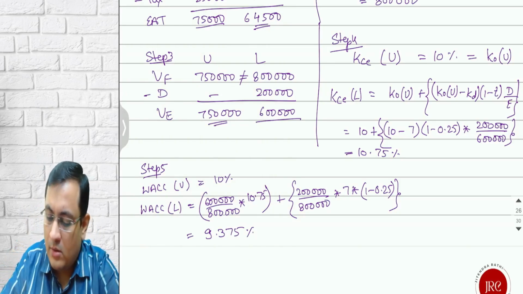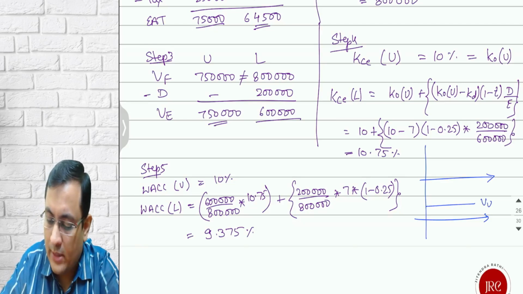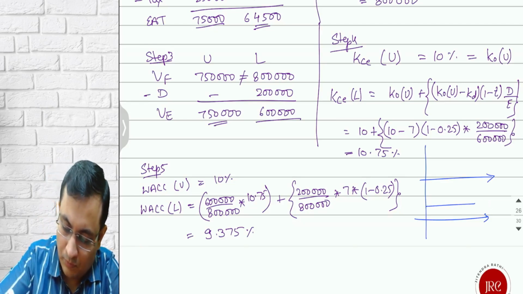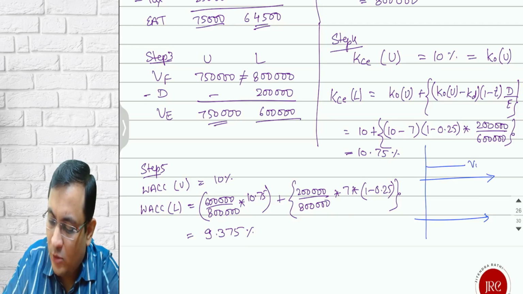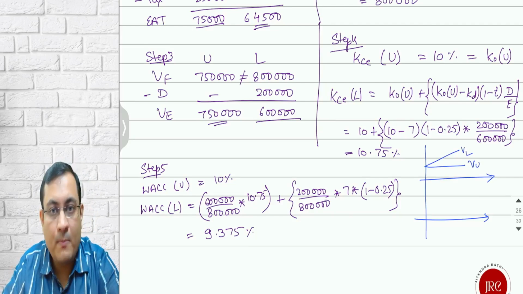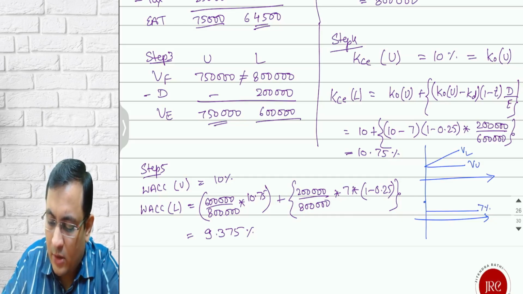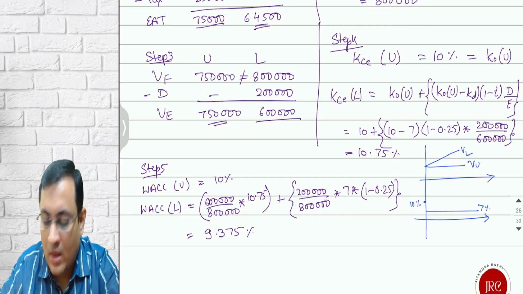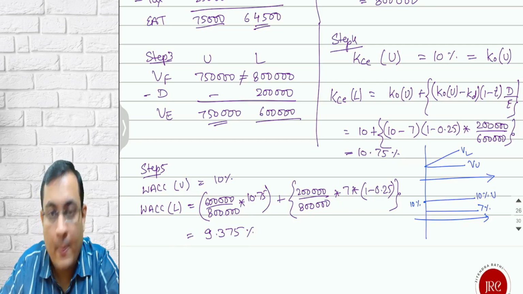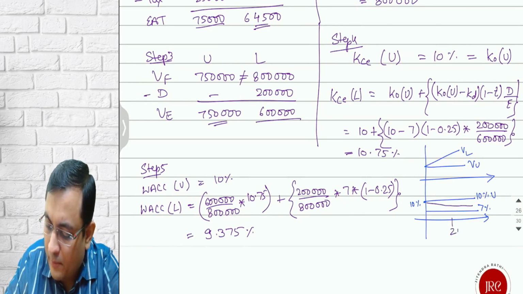So if I plot on a 2-panel graph, this is my 2-panel graph. The value of unlevered is this VU value. Let's keep it on the top. Value of unlevered is this VU, and value of levered is going up. So this is VL. Now debt cost is 7%. Overall cost of unlevered is 10%. But my KO is 10% for unlevered, but for levered, it is going down. It is going down. And at 2 lakh rupees,